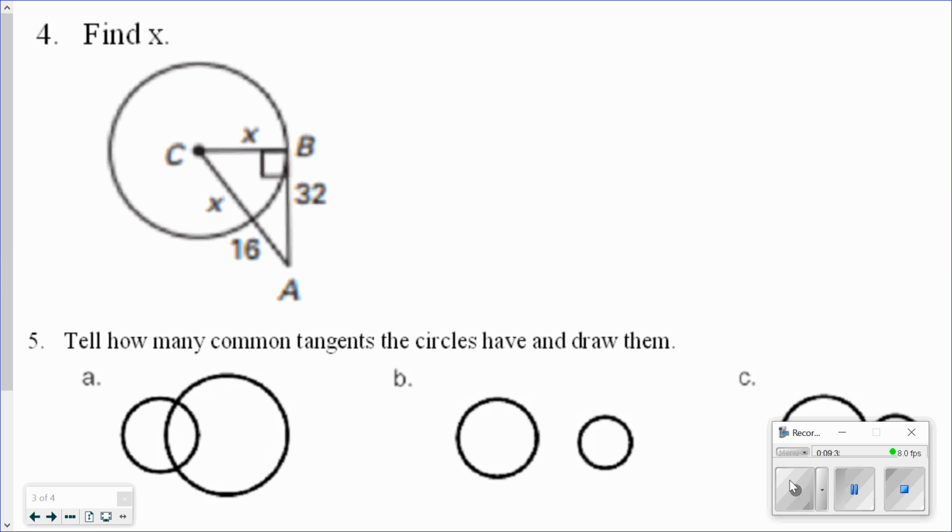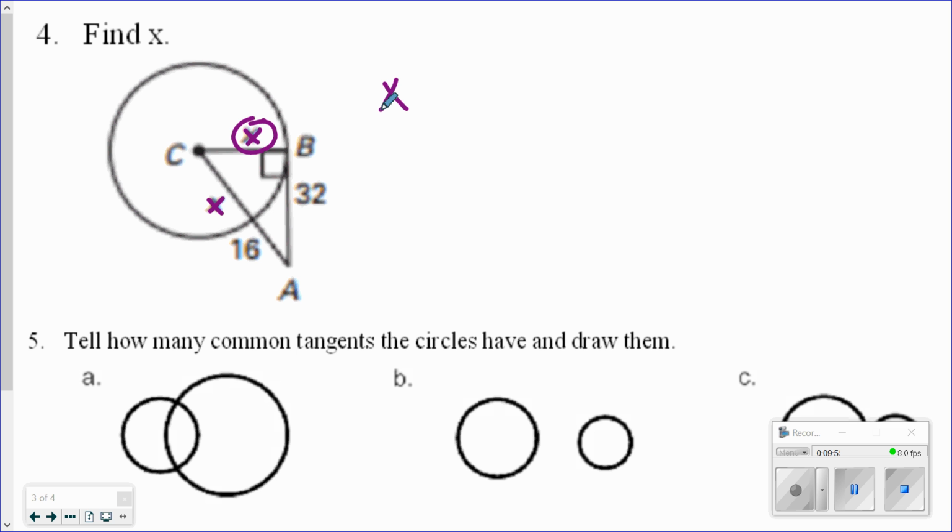Question 4, we want to solve for x. If we look at this diagram, we know that x is the radius. So here's an x and here's an x. To solve this problem, we're going to use the Pythagorean theorem. A squared plus b squared is equal to c squared. I'll use